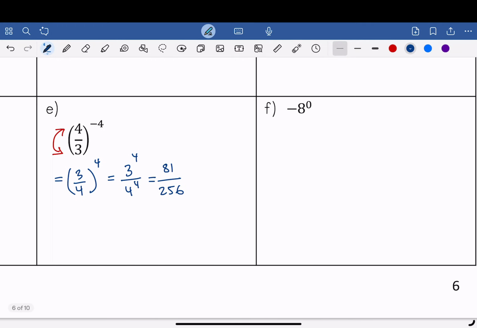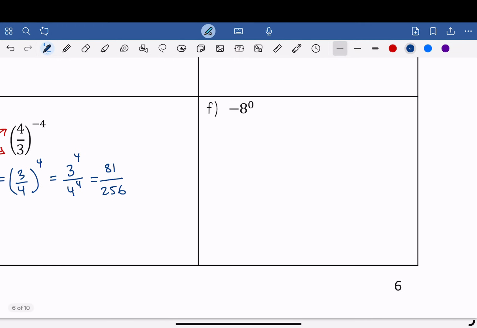And we have one final question. It's a bit tricky, or it could be, if you miss it. We have here a negative and a 0 exponent, but the negative and 8 are not part of the same base. The negative is not in a bracket. Therefore, we keep it separate. So it's really negative 8 to the power of 0, which is equal to negative